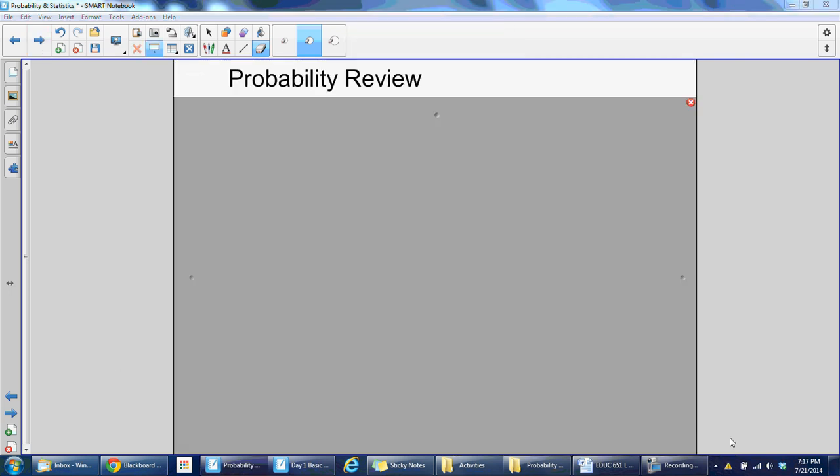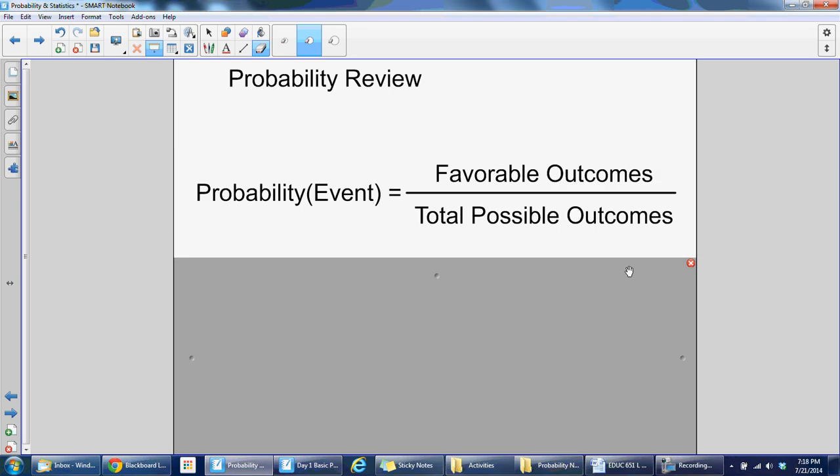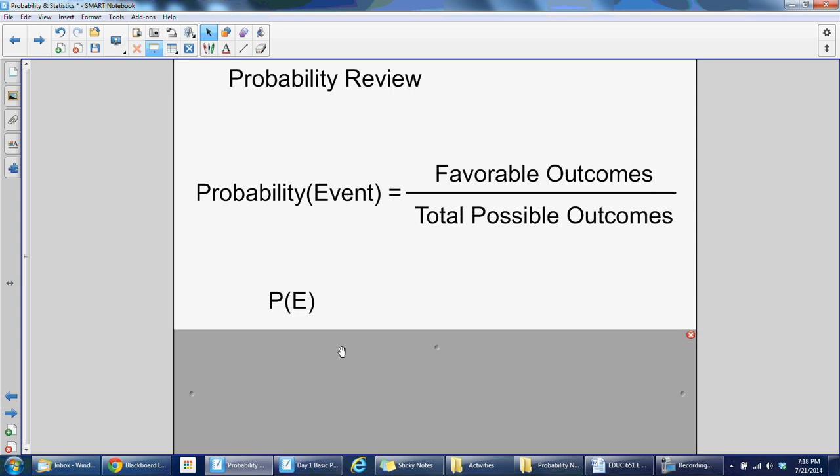A quick review here of probability. The probability of an event is equal to taking the favorable outcomes and dividing it by the total possible outcomes. This is just your general rule or formula for finding probability. And instead of saying probability of an event like you see here,